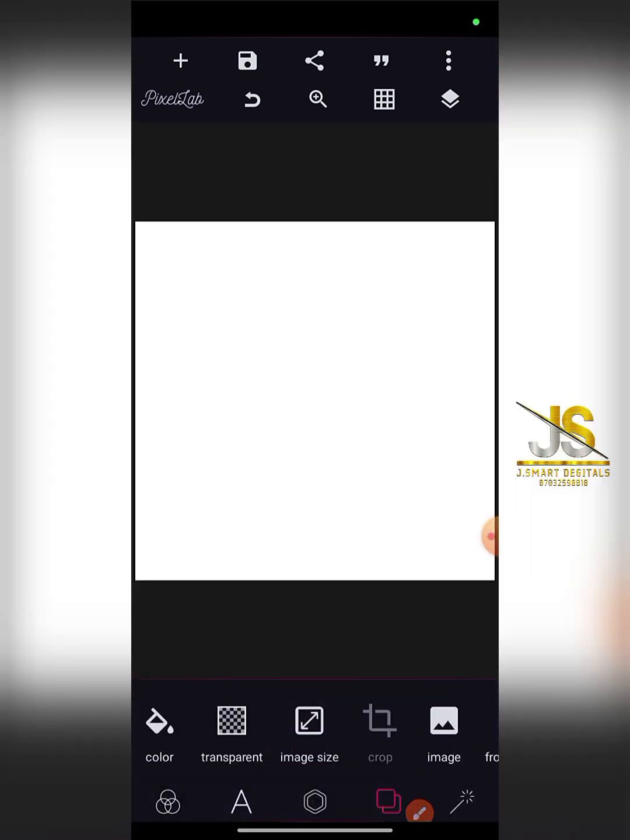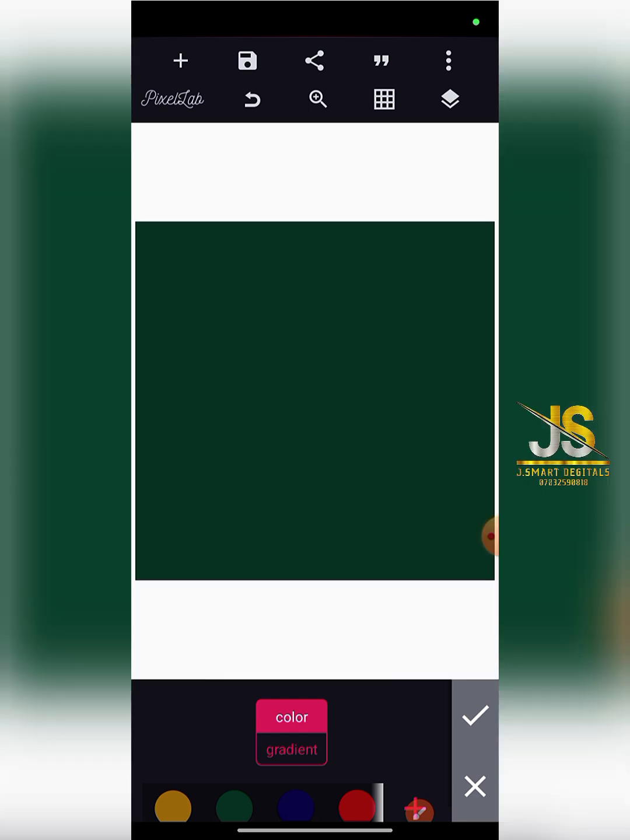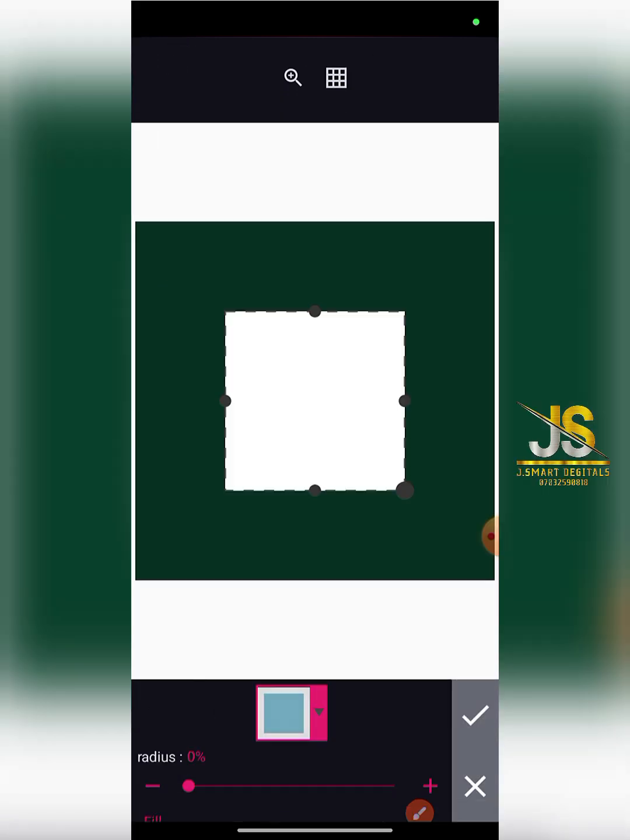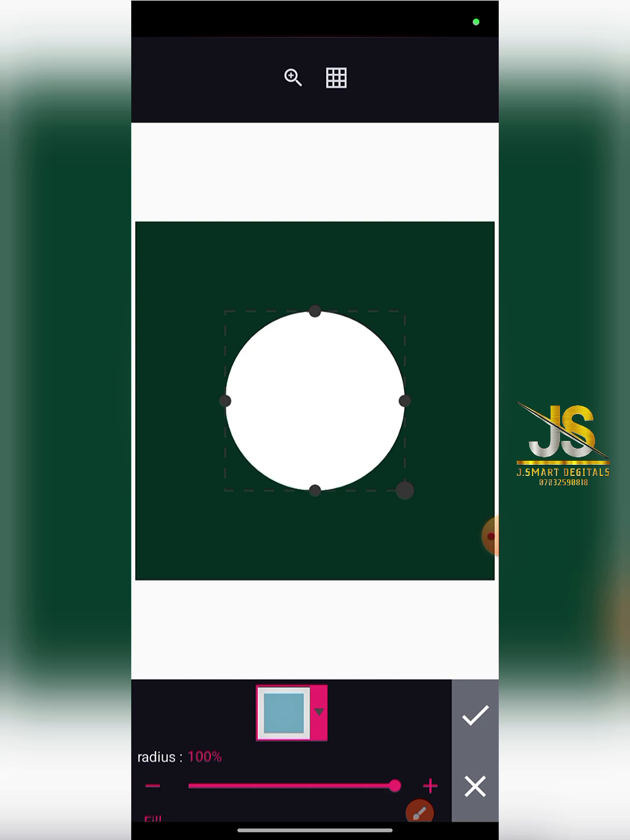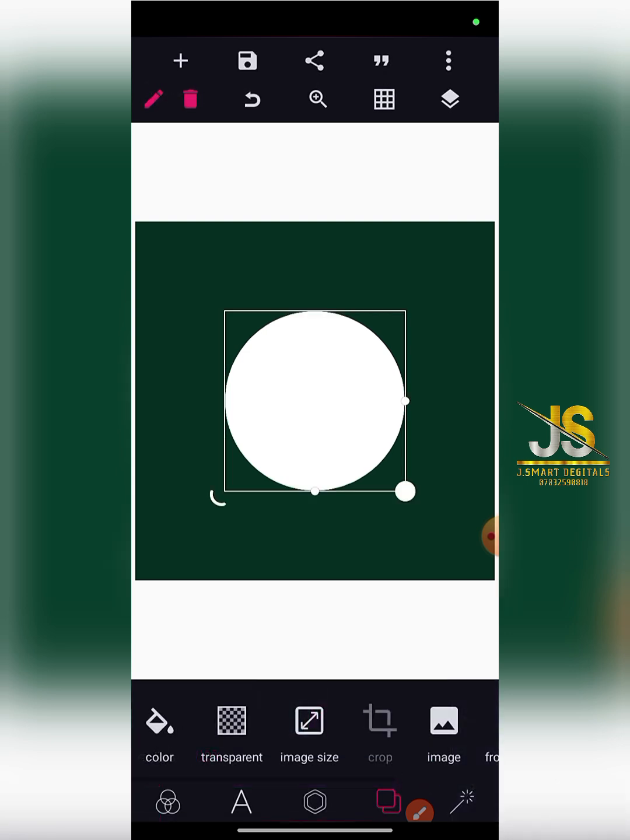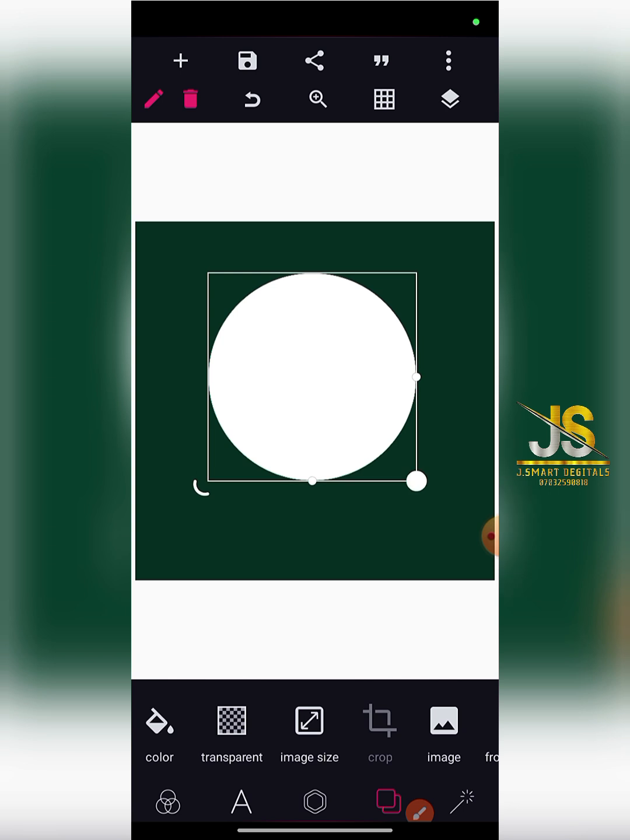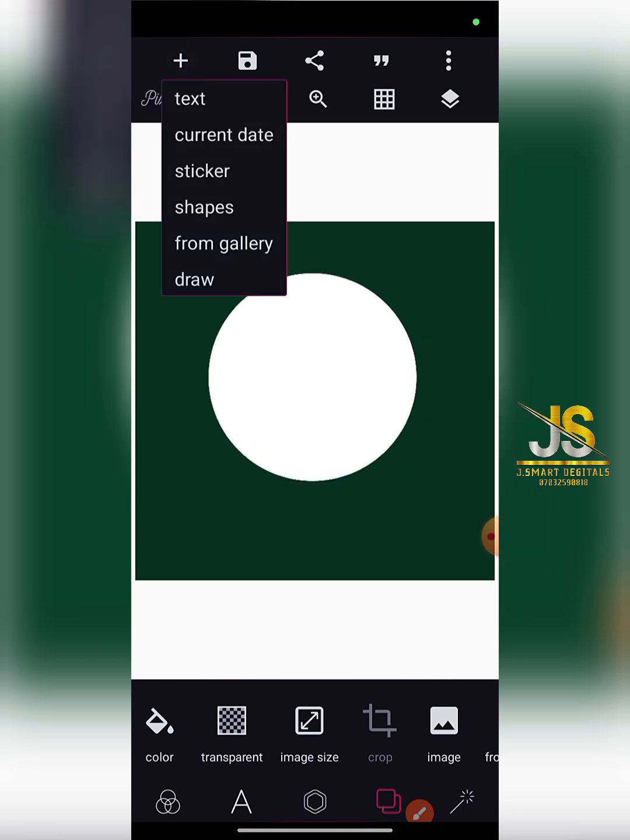All right, let me just make use of this color. Then you are going to bring up a shape. What I'm teaching today is how to mask perfectly in an excellent way, professionally, using Pixellab. So first thing first, you can just bring out a shape that you want. Then you look for